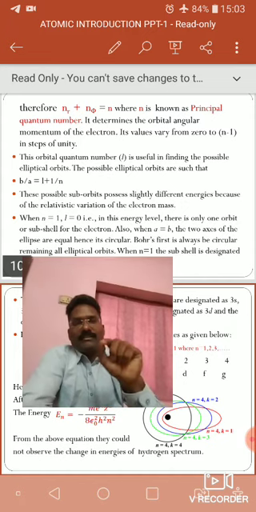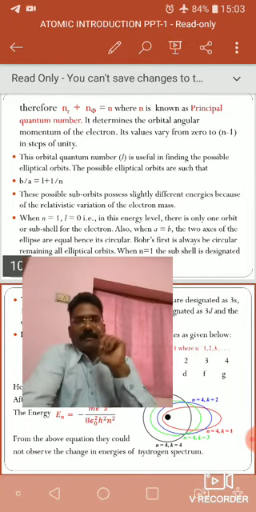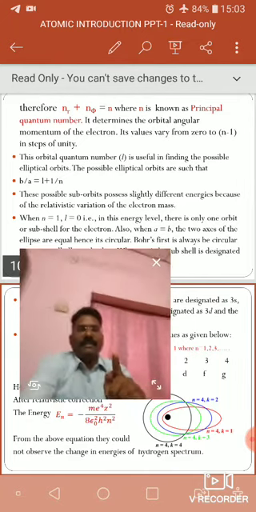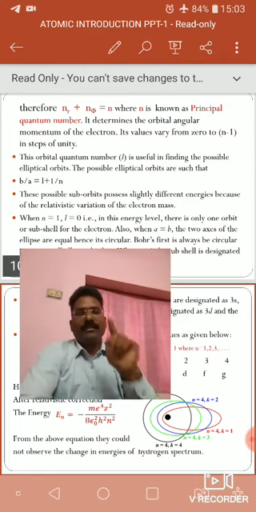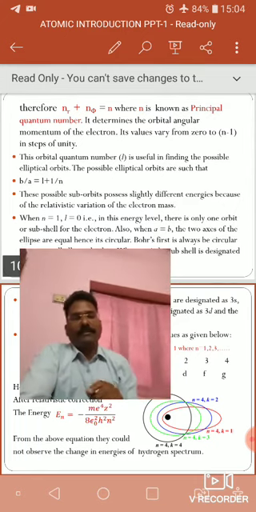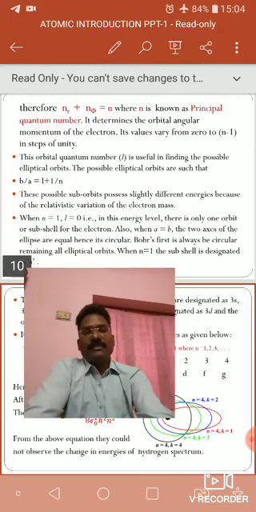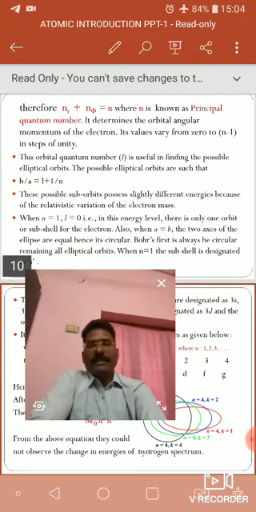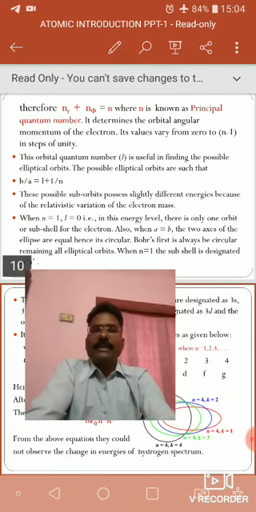Therefore, it is very clear. n is the principal quantum number. L is the orbital quantum number. The principal quantum number refers to the shape and size of the orbit, and the orbital quantum number refers to the shape and size of the subcell. S means spherical, P means principal, D means dumbbell, and so on. Next,